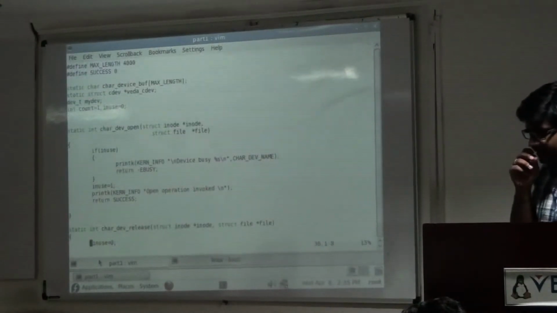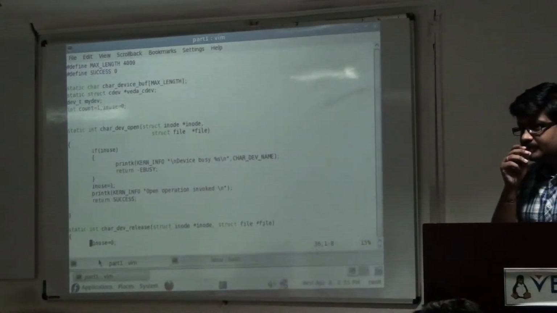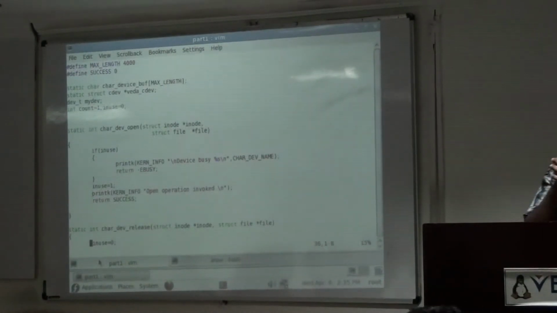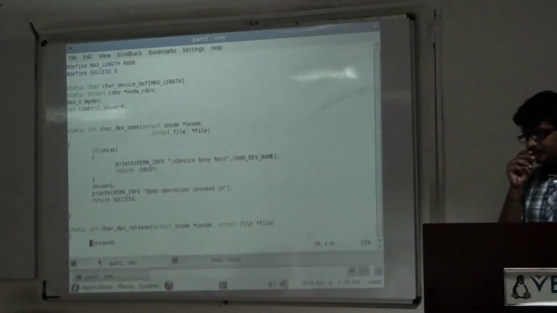We'll write down the steps. Take down the character driver interface, that's the side heading in that first part. Steps involved in implementation and testing of a character driver.